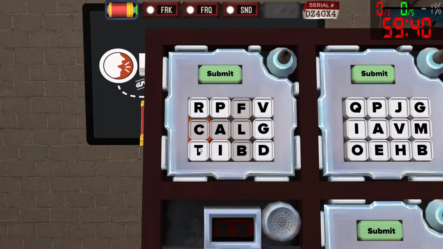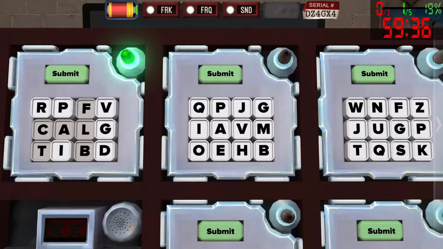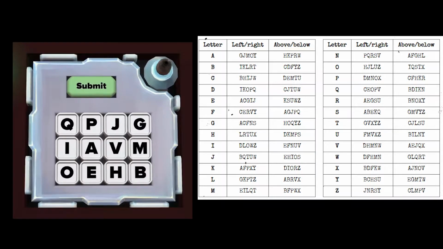It doesn't matter the order we press it in as long as only these buttons are pressed when we hit submit. I normally go slowly through my first couple examples and then pick up the pace in the later ones, but this is a really repetitive module with basic steps. I will just be telling the answer for the rest of the examples with the manual on the side. I recommend pausing if you want to figure out the example for yourself.